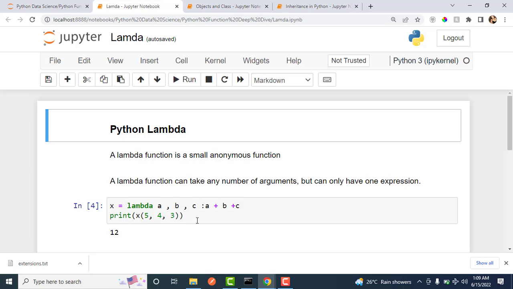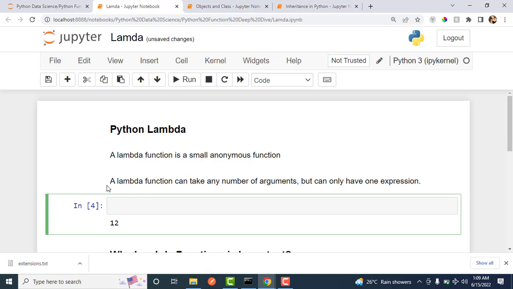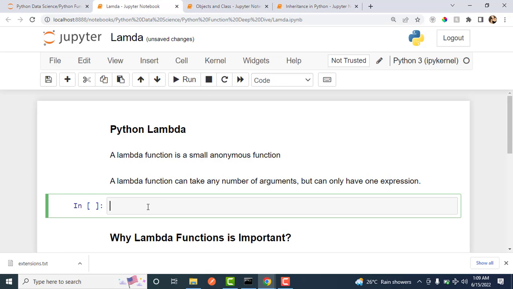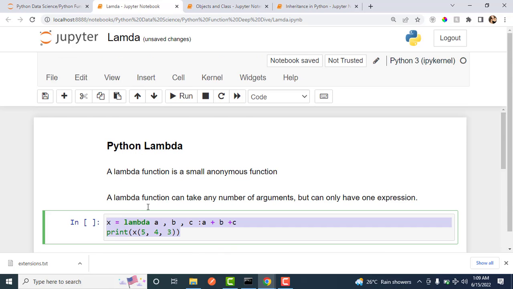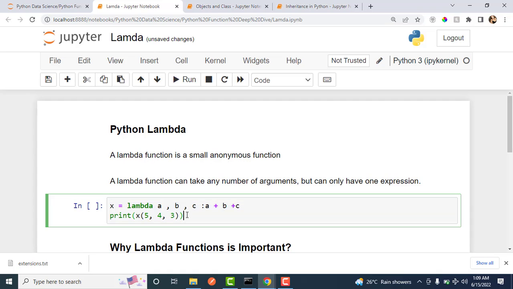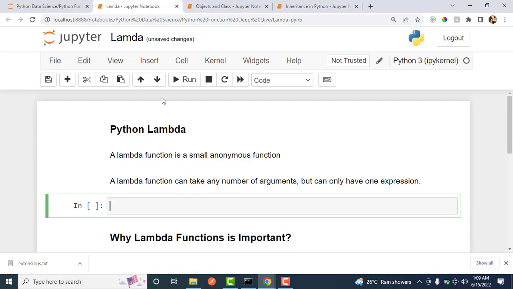All right, let me just delete this. I've actually run this code before and I have to run it right now so that I have a clean environment where we want to start typing our code. Okay, let's take for instance you have a variable called x, and that is where you want to put your lambda. So when you have x, you want to say x is equal to